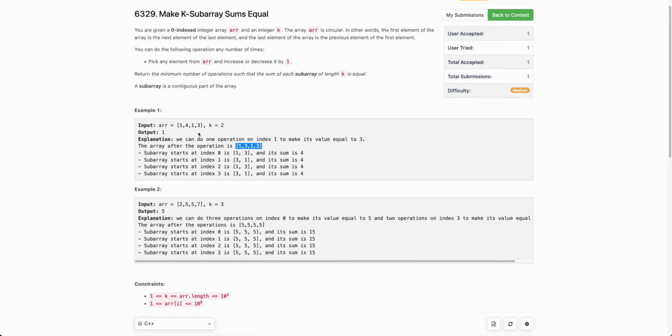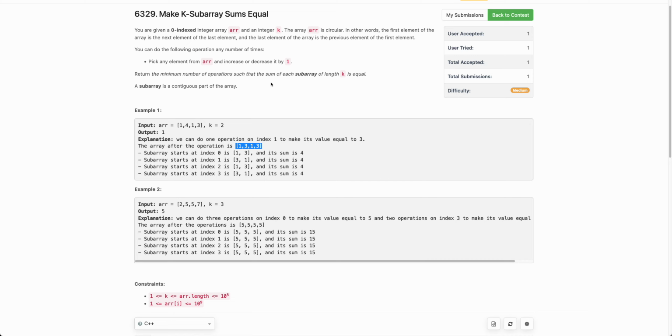Before jumping ahead, I would like to tell you that this is a bit tricky problem. So stay till the very end, and I'm very sure you will be able to understand each and every aspect of this problem by the end of the video. So stay tuned. Now, as always, before solving this exact problem, let's try to tackle the reduced version of